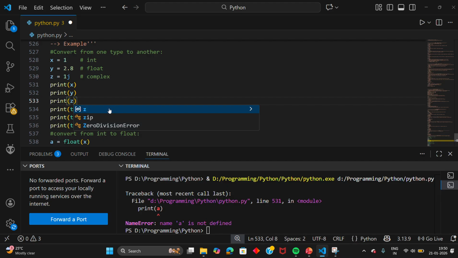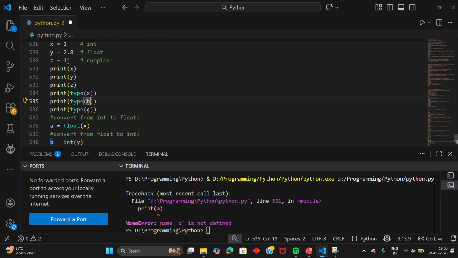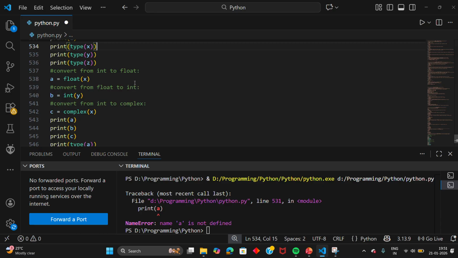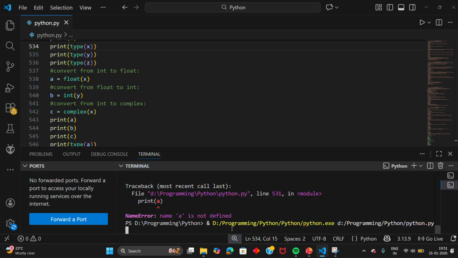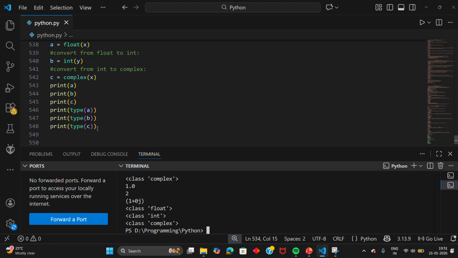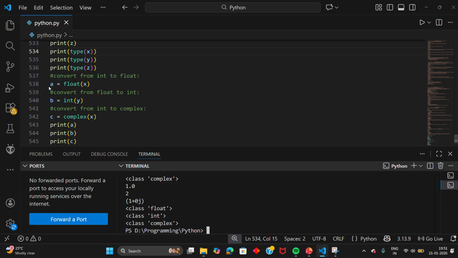Let me print these values, XYZ and XYZ, XYZ. Okay, yeah, save it and run it. So what I have done is I have used this, okay, but before this,